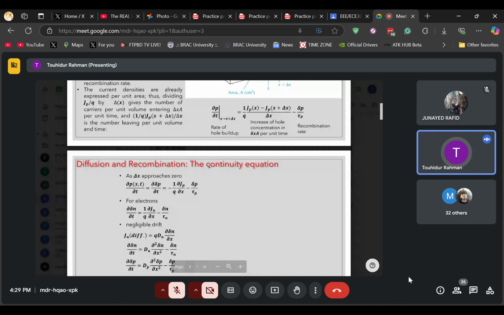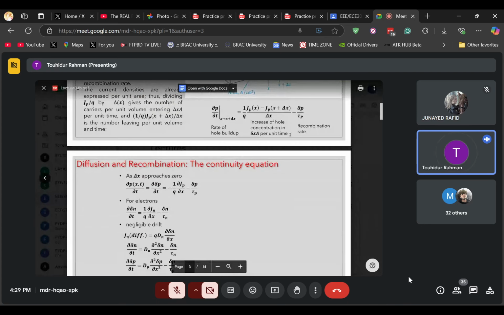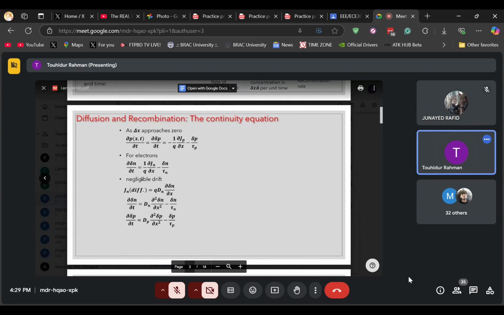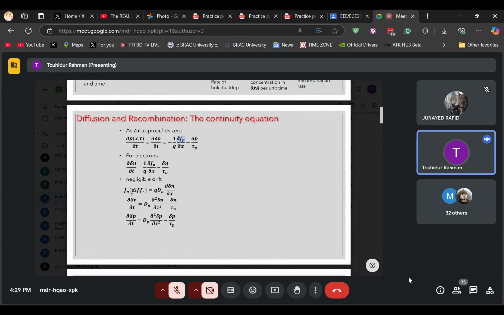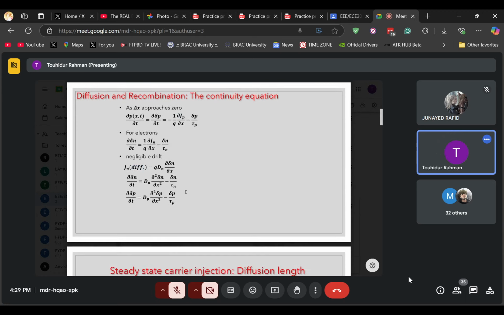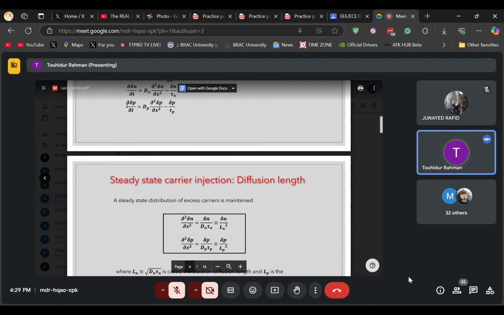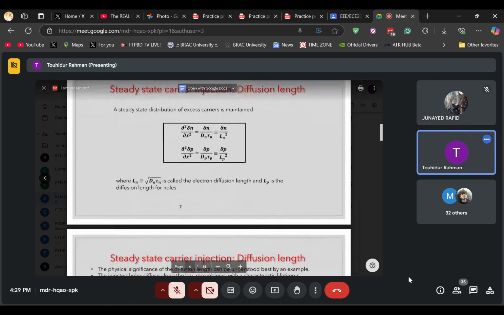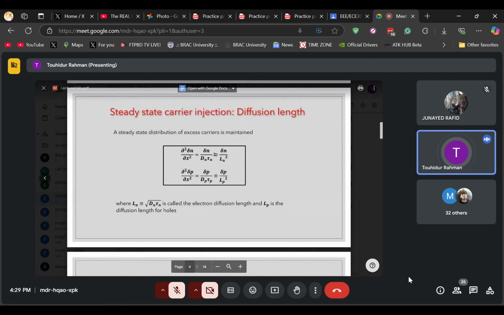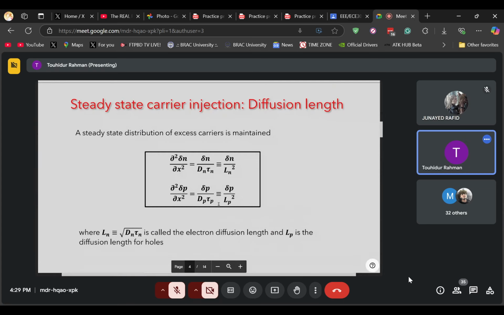And so, the first assumption after building this equation was that all the current comes from diffusion. So we can combine diffusion and recombination together. Second assumption, we want steady state, no change in time. That means the time derivative will become 0. After doing all this math, we come up with this equation